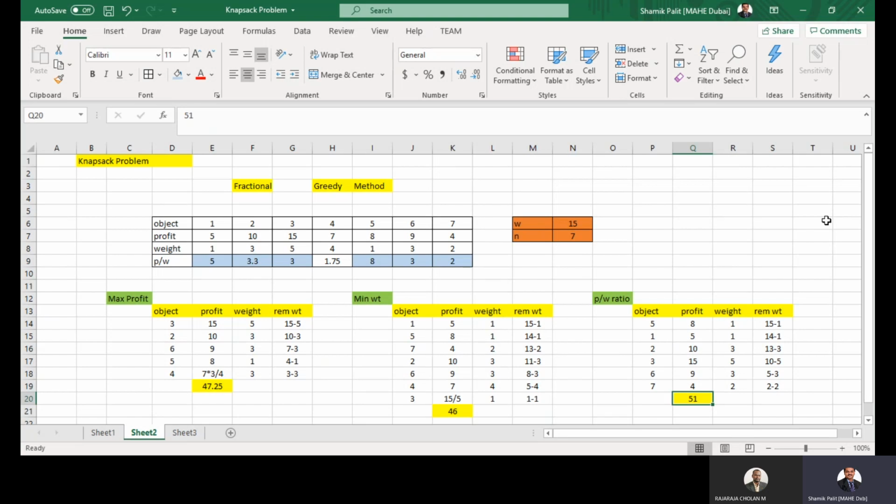So if the question has been given that for the following knapsack problem, find out the best fractional method, if the question has been given in that way, then you can directly do this part, profit versus weight ratio. But if you are told to find out a solution for the following knapsack problem, use the fractional solution with max profit, min profit, and profit versus weight ratio, then you have to show all those 3 options as given over here. Okay, so this is basically called a knapsack problem using the greedy method.